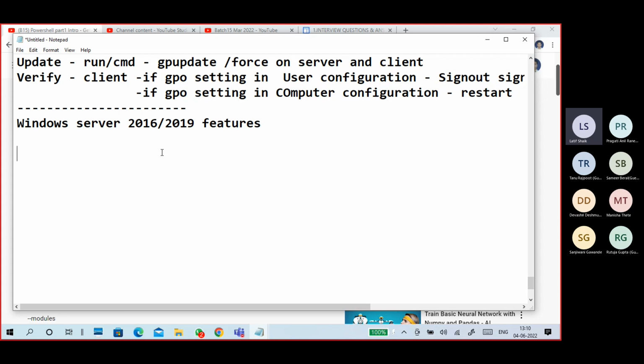What are the features we can get? Nested virtualization, Hyper-V, virtual machine shielding, protection.